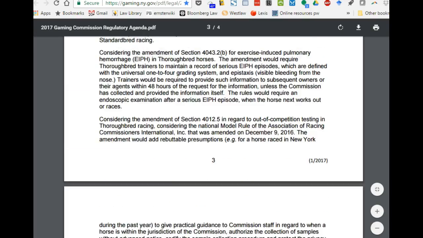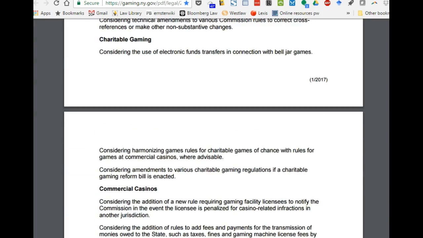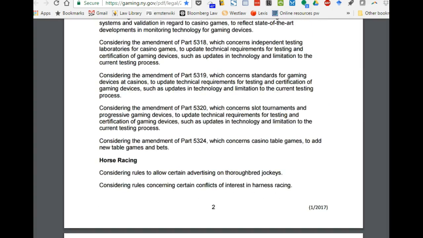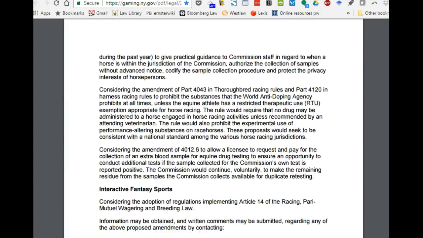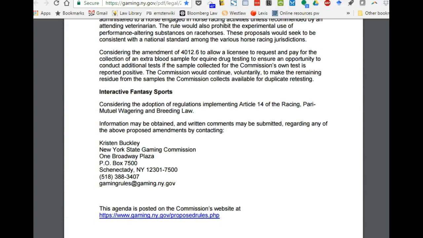What I've left a lot about horse racing and all sorts of gaming, because that's the jurisdiction of the Gaming Commission. What I had left highlighted was they are also considering adoption of regulations implementing Article 14 having to do with